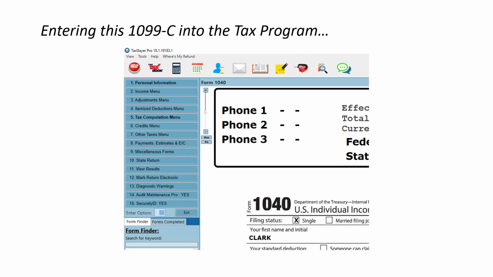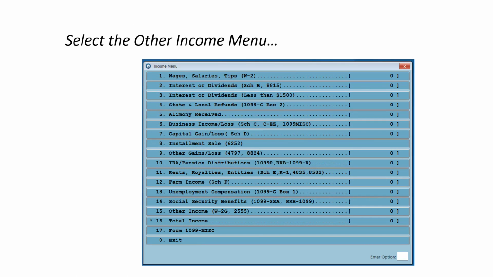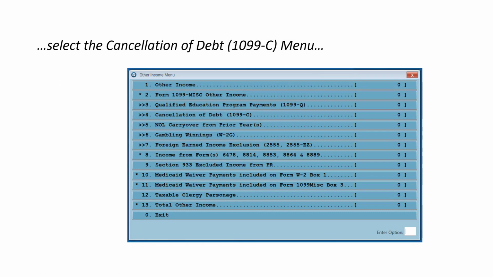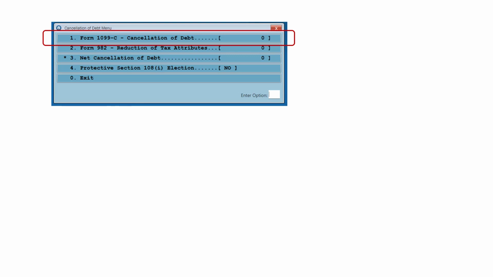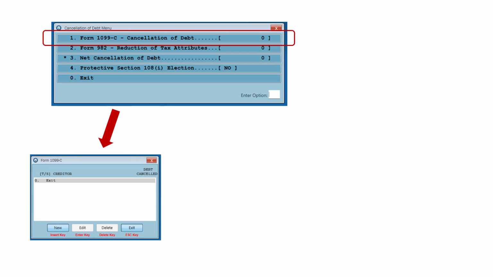Now to enter this 1099-C into the tax program, again, we start off at the income menu. We'll select the other income menu. We select the Cancellation of Debt 1099-C menu. We select 1099-C. Click the New button.